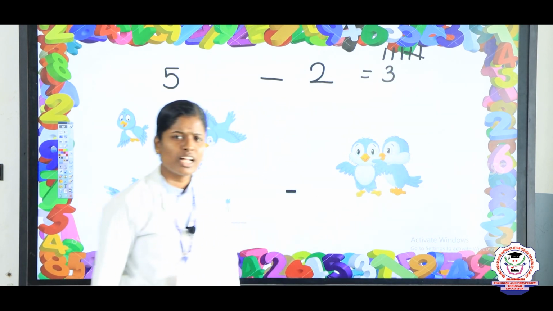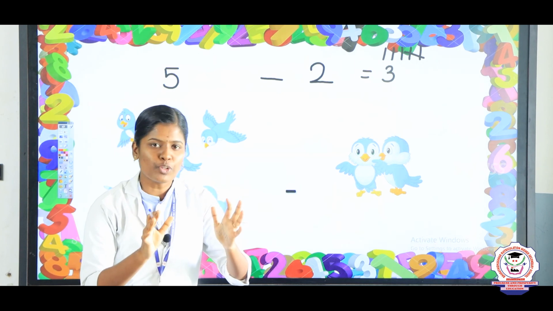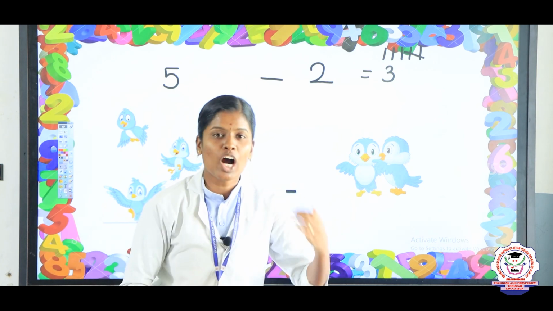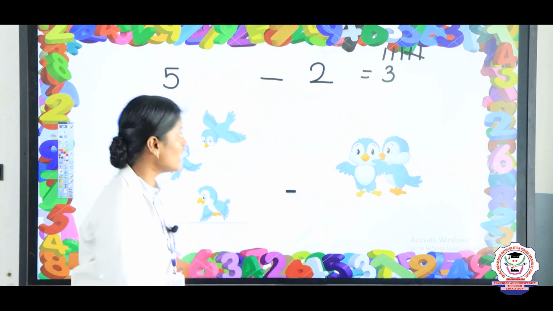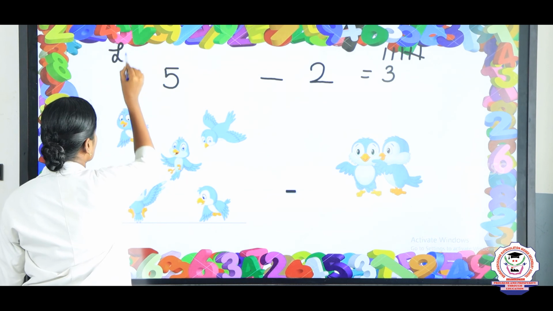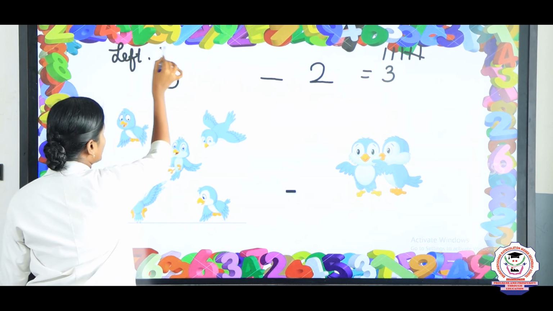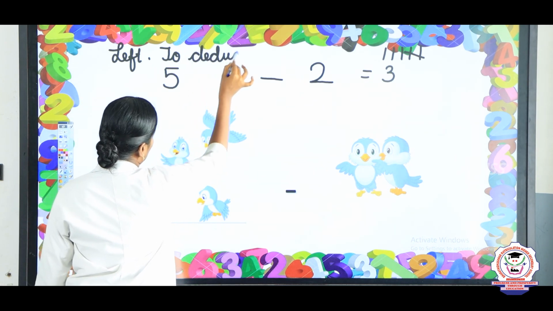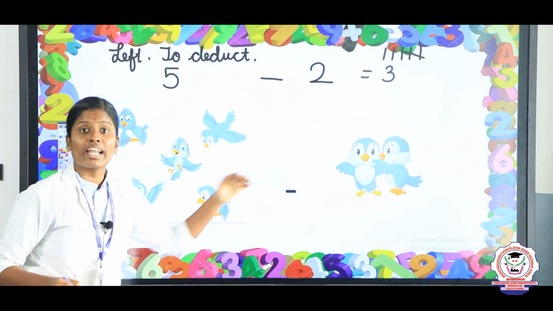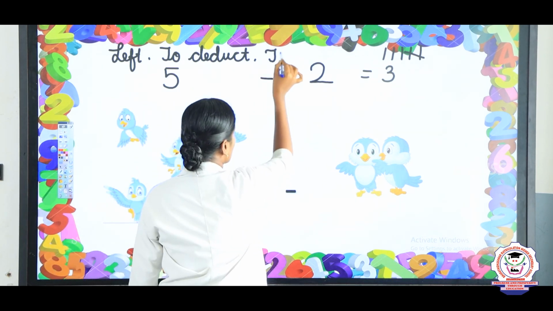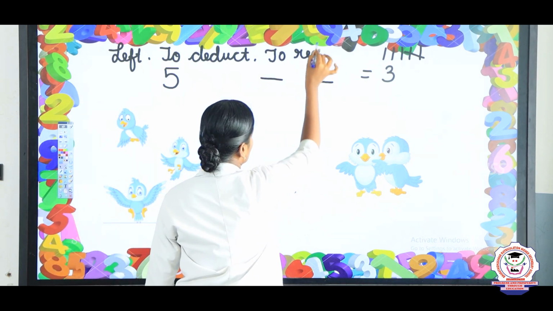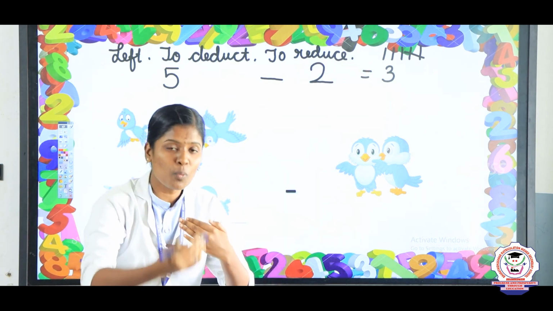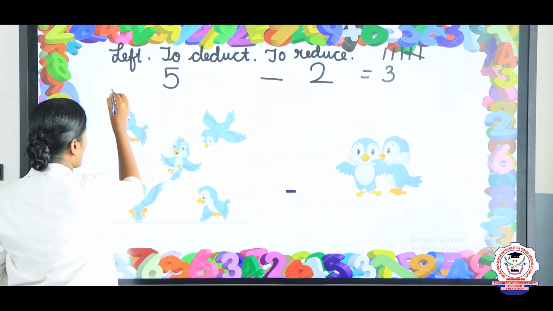is 3. Listen my children, here I will give one trick for you. In the question, if we have terms like how many left, to deduct, to reduce, and find how much more,